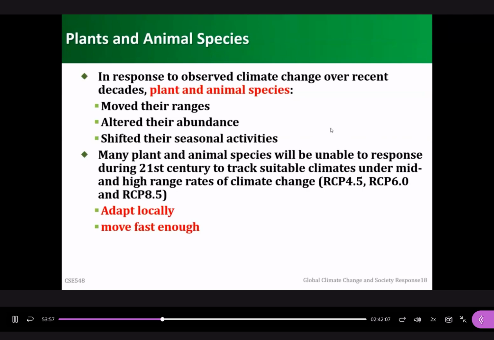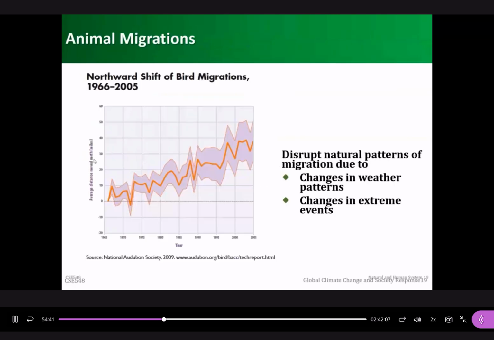It means the enlarged area for them to live. So this is the meaning of moving their ranges. So we have some examples in the following slides about the migration of the animals to the new regions. Here it says there will be some plants that cannot respond to the climate change at increasing temperature. So for that case, here's an example about the animal migrations.